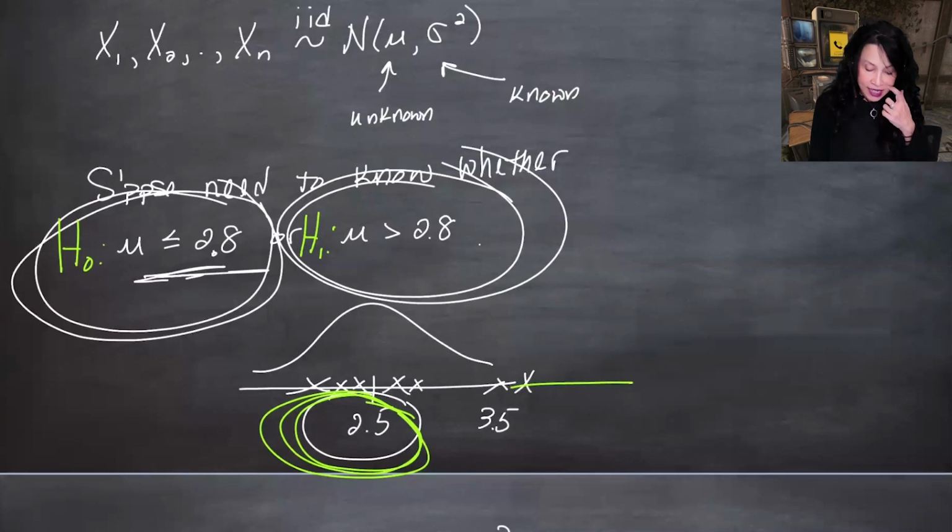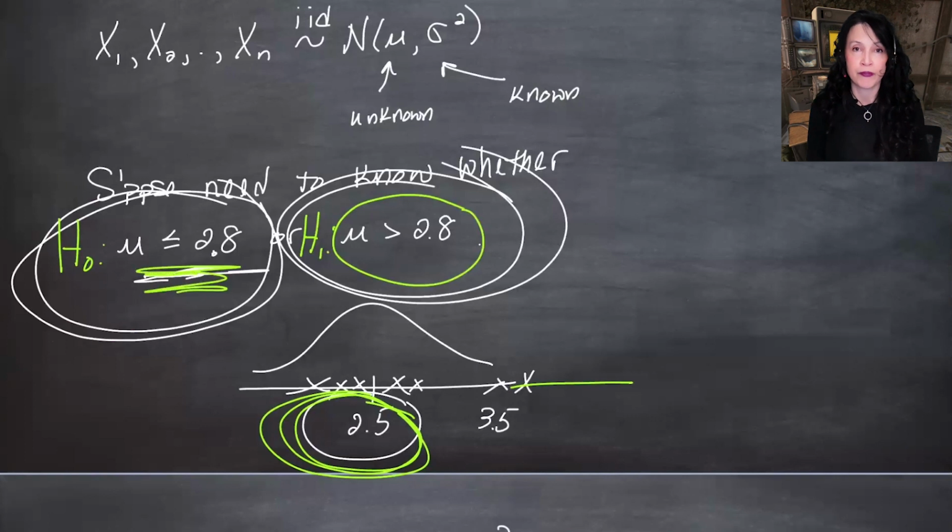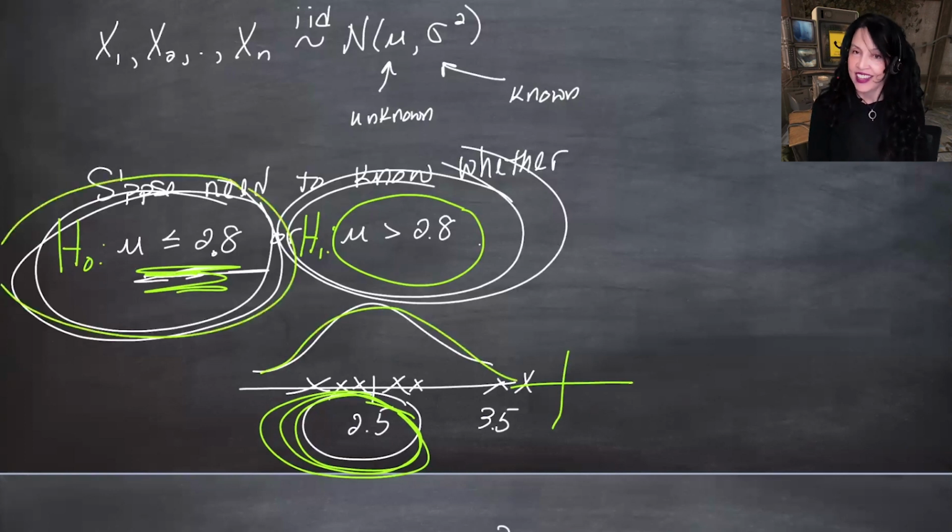X bar can definitely look like it's in this range, even though this is true. So we're going to find a cutoff, and we're going to say, if X bar gets above this number, that's enough. I am going to say that this is no longer the right distribution. But if it's below the number, I'm going to go with this. And so we're going to find a cutoff. We're going to call it C,